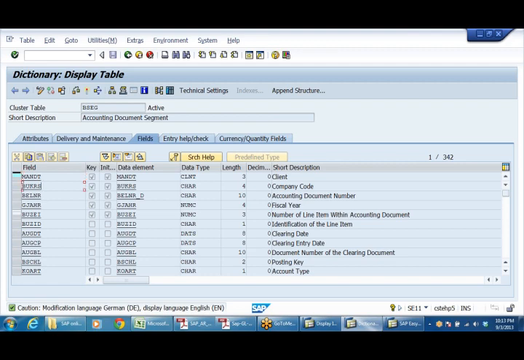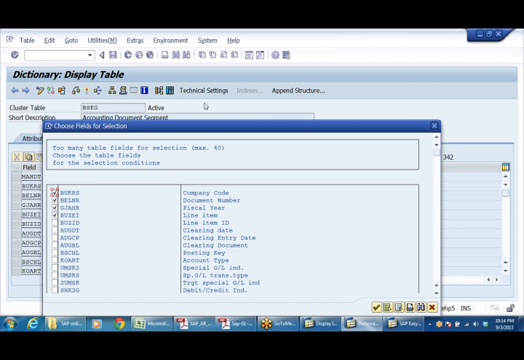Now I want to show you that all these tables contain field names. If you say company code, the ABAP consultant will immediately ask, boss, what is the table, what is the field name? So the field name for company code is BUKRS. Similarly, BELNR is the accounting document number. These are the standard names.